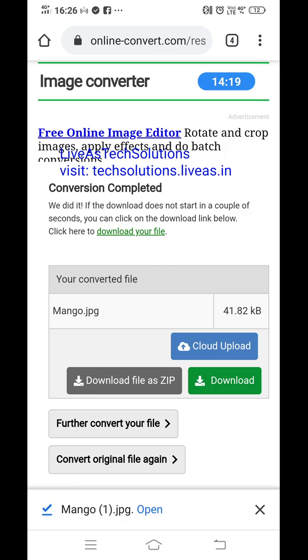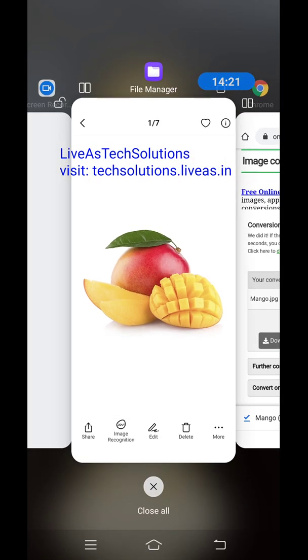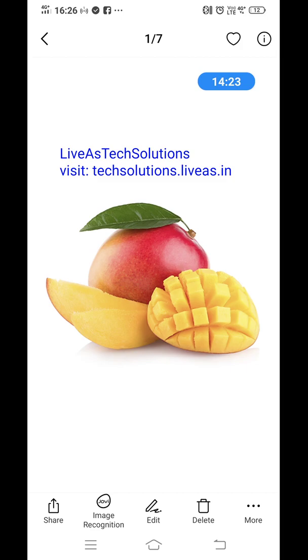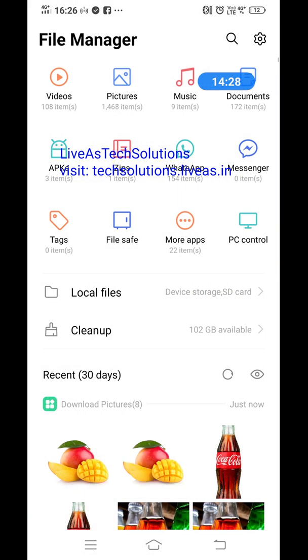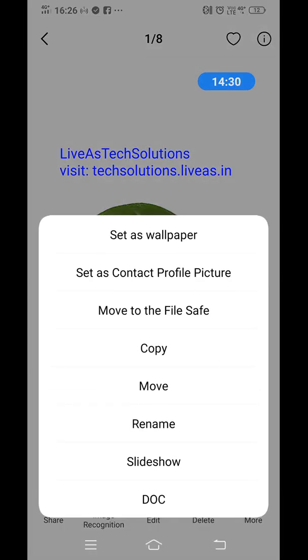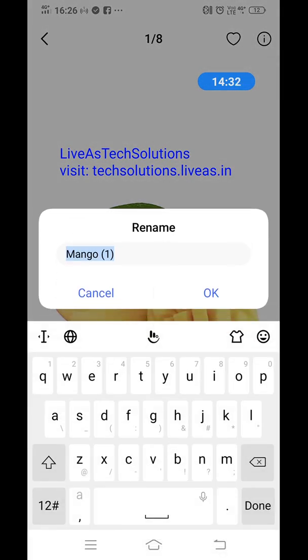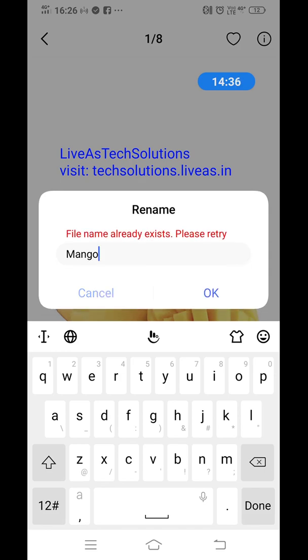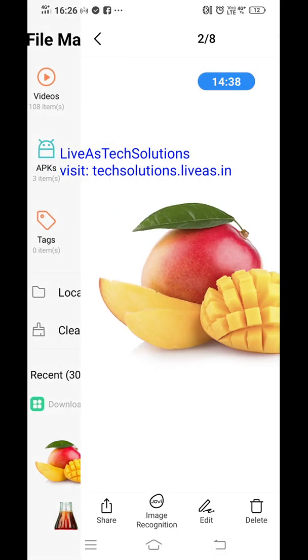Download. It is already in JPG format only. Just take this one, rename it mango. See, already one mango is there.